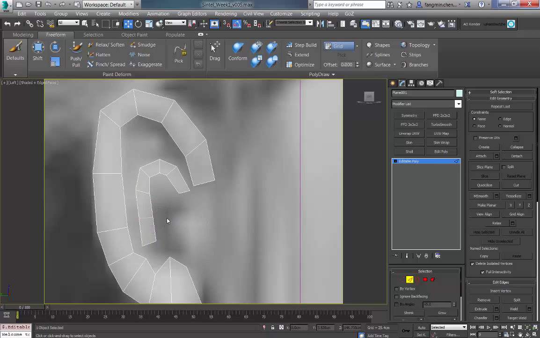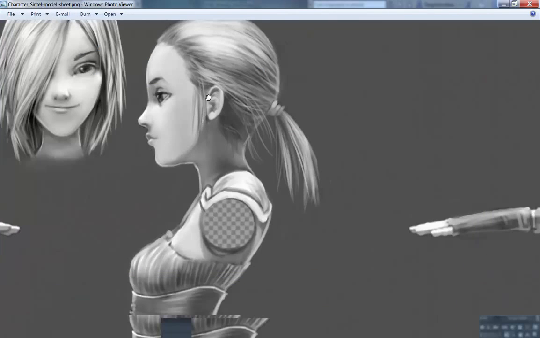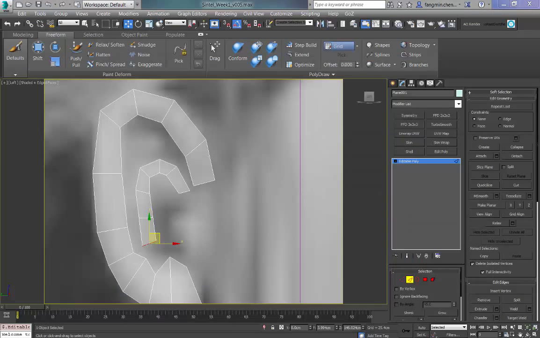Okay, so let's leave it at this for now, and let's do the little indent here, and like that thing coming in here. All right, so let's see. That seems to come down even more. Okay, so let's